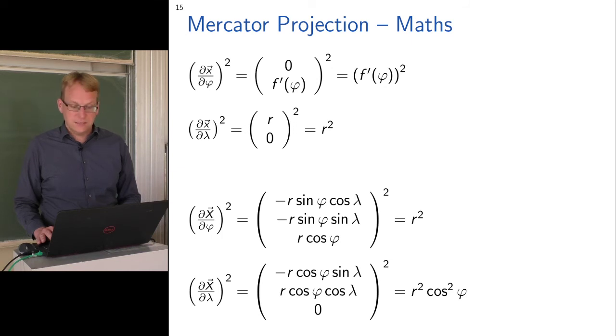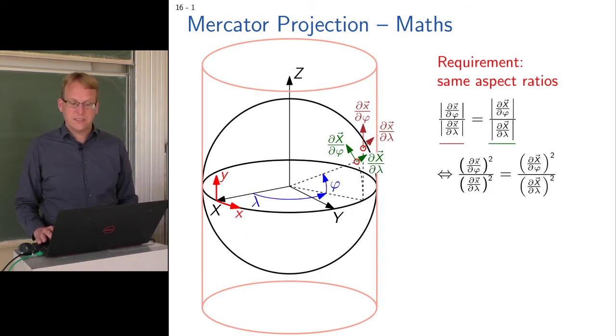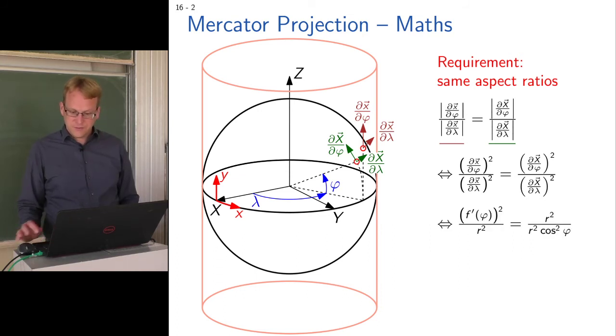But here you can see these are our results, and that we can insert now into that equation here. So that's exactly what we get. Now we can simplify this. We have, for example, r squared here on both sides, and that simplifies then if we take the square root of everything like this. And finally,